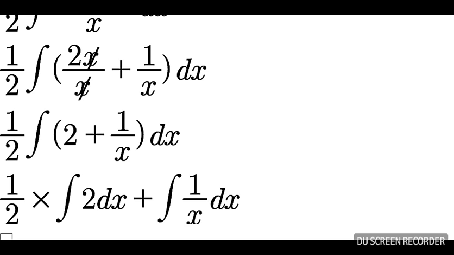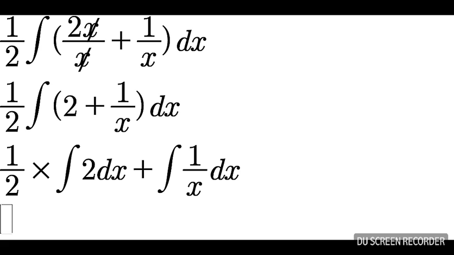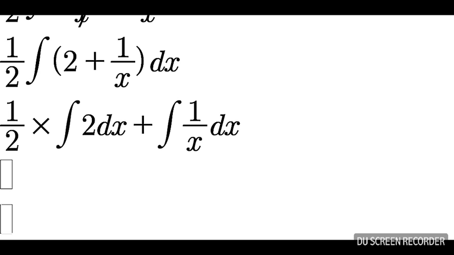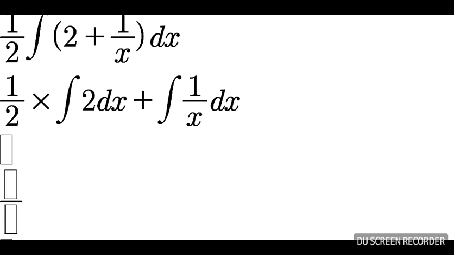Okay, so at this juncture, it is so evident, so apparent that actually we can employ the sum or difference rule of integration. But in this case, we have to employ only the sum rule of integration. So doing that now, we have half, that is 1 over 2 times,